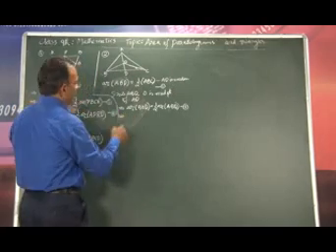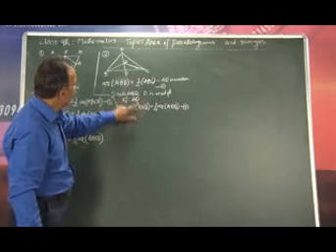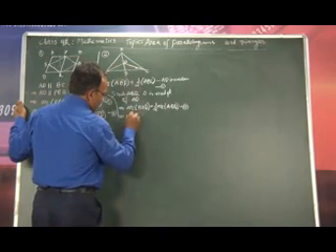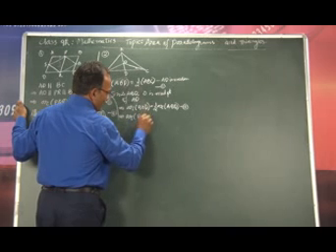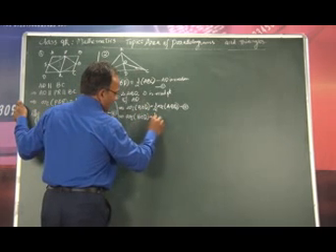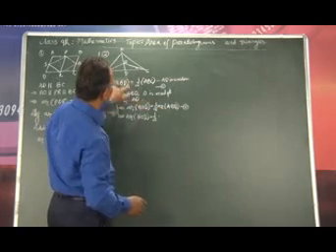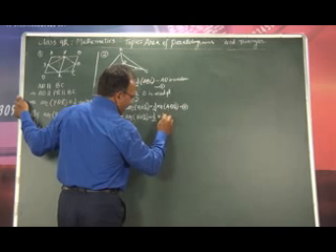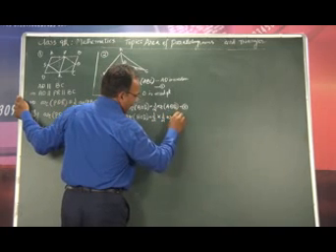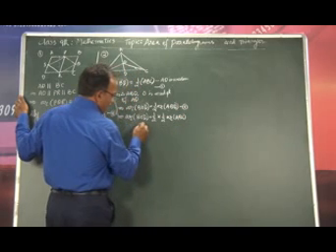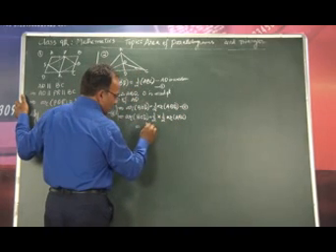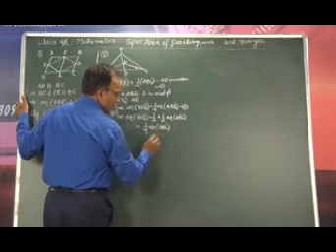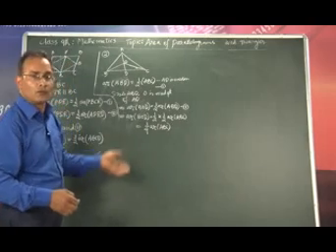We have to prove, actually what we have to? We have to prove the area of triangle BOD is 1 by 4th of the area of ABC. So we can write here area of triangle BOD is equal to 1 by 2 area of triangle ABD, and ABD is 1 by 2 ABC. So we can write here 1 by 2 into 1 by 2 area of triangle ABC. Now further solving, 1 by 2 into 1 by 2, that is 1 by 4 into area of triangle ABC. This is what we have been asked to prove.